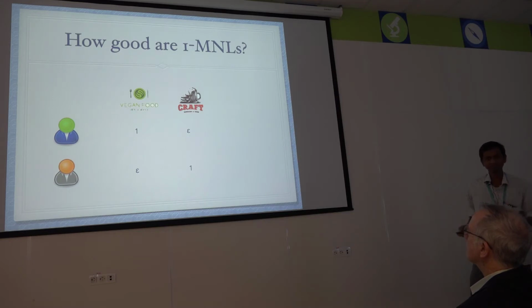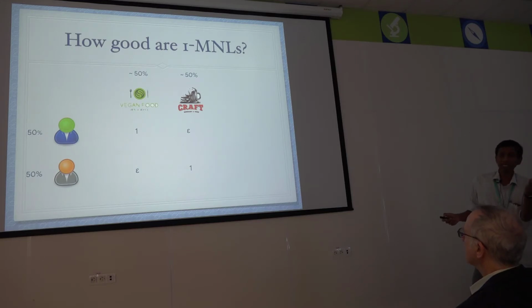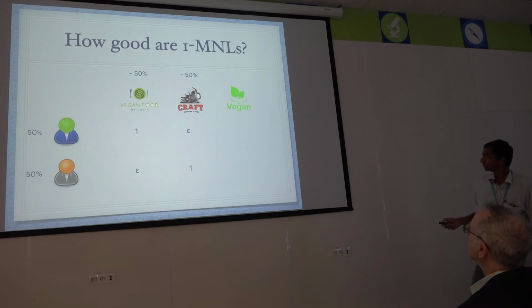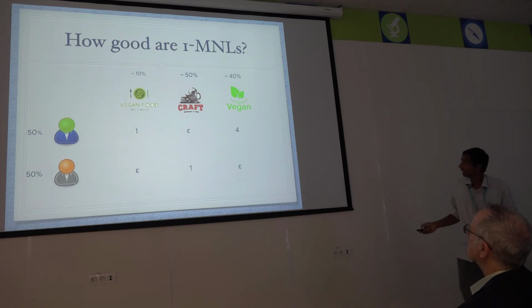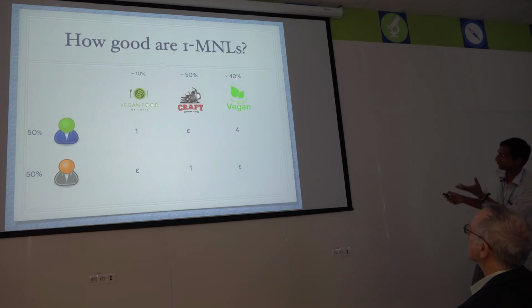This is all fine. This is like a 2MNL; a 2MNL can capture this. But assume that there are half of each type of user, so effectively vegan places get picked half the time and non-vegan places get picked half the time. Suppose a third restaurant opens, a new vegan place. The vegan person prefers this new place 4 times more than the other one, but the non-vegan person doesn't care. They always want to go to the burger place. So the effective slate distribution becomes: if you give me all these 3 restaurants, they get picked with probability 40%, 50% and 10%.